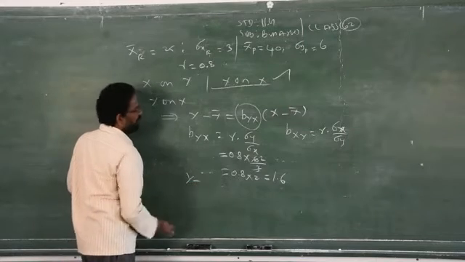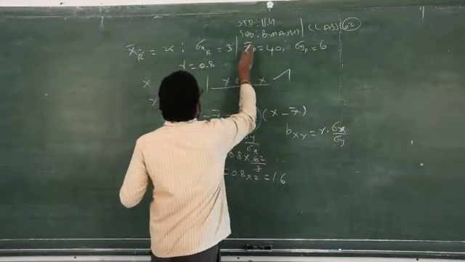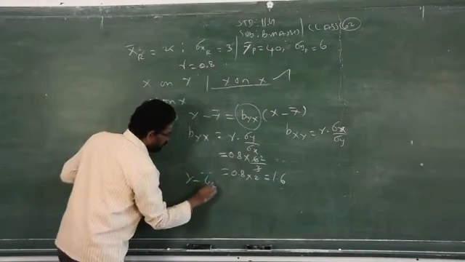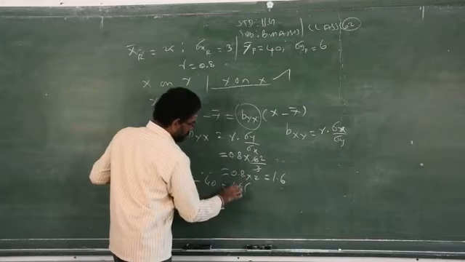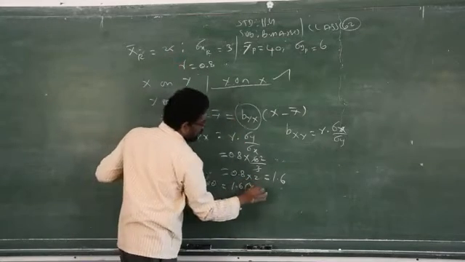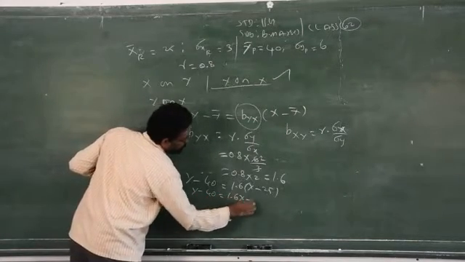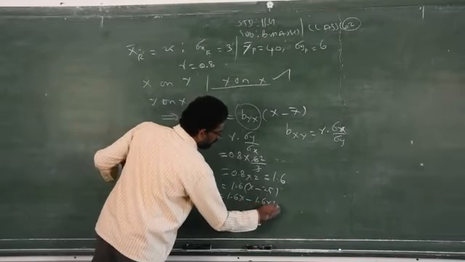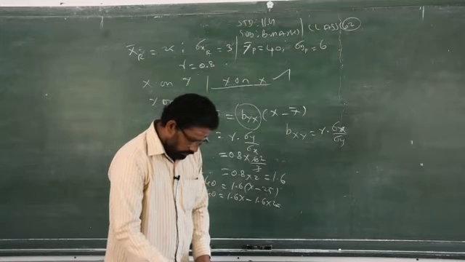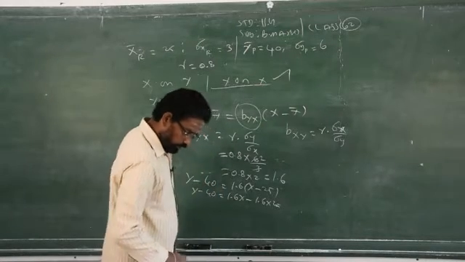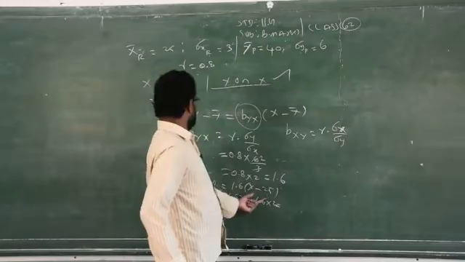That is y minus, what is your y bar? The mean. That is y bar. Y bar is 40, is equal to, what is your b_yx? 1.6, into x minus, what is your x bar? 25. So, y minus 40 is equal to 1.6 into x minus 25, just you have to multiply. You will get the required answer, that equation y is equal to 1.6 x minus, and so on. Just you have to multiply this with x minus x bar, you will get the answer.